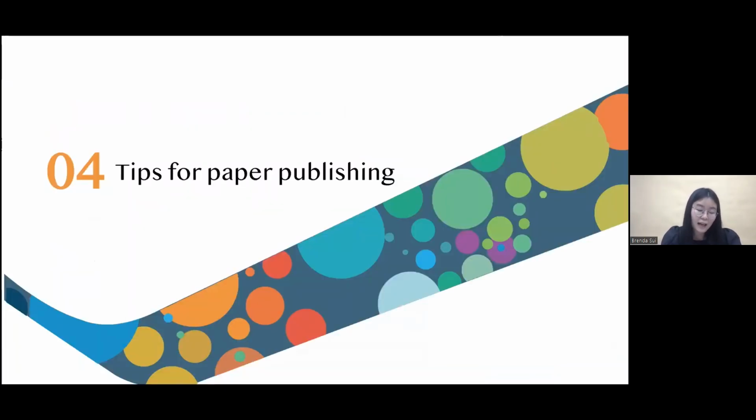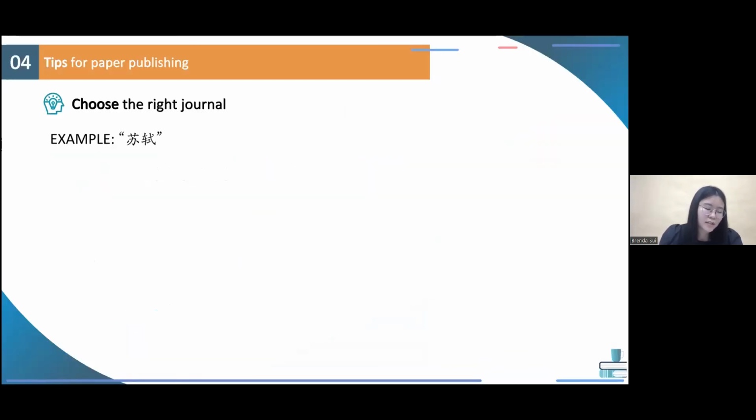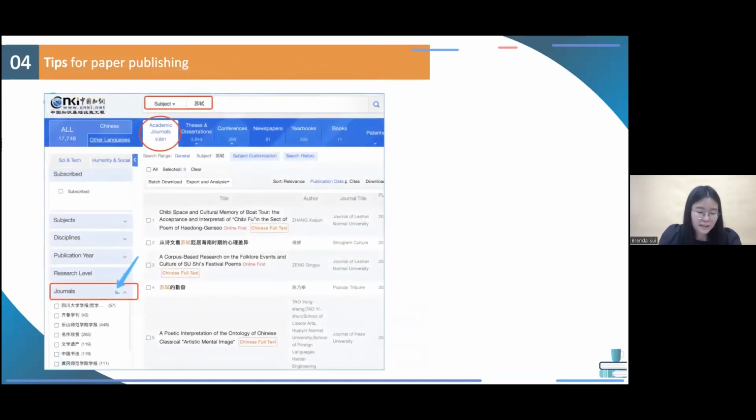Finally, let's take a look at how to get a paper published with Cnki's help. For instance, I've already written an article on Su Shi, and I want to get it published. So the very first step, also the most important one, is to identify a suitable journal for publication. So I'm going to search Su Shi by subject and get all related literature. Then in the filter column on the left, we can see which journals published the most articles about Su Shi, and